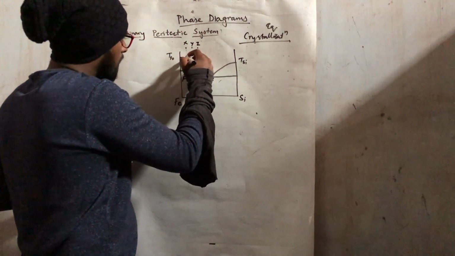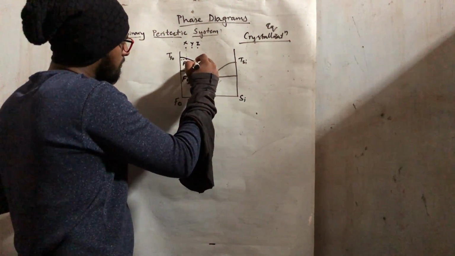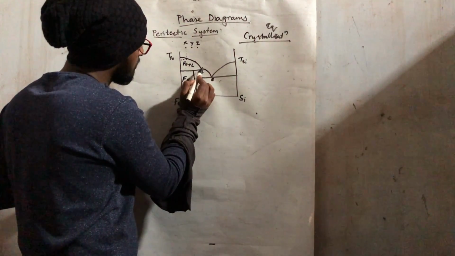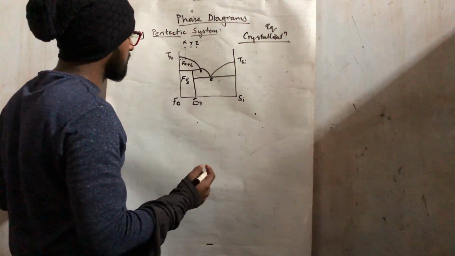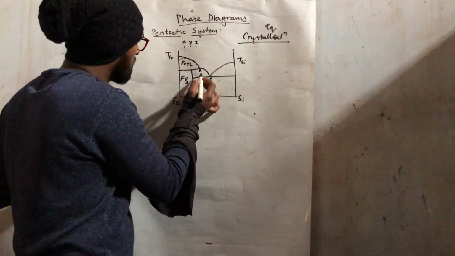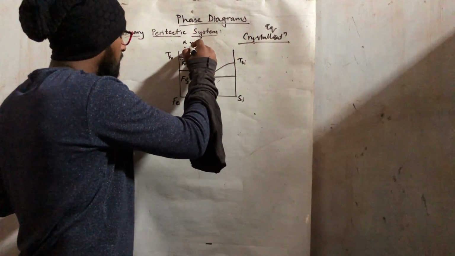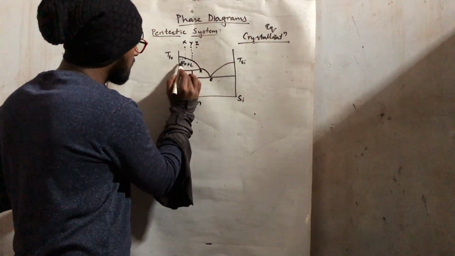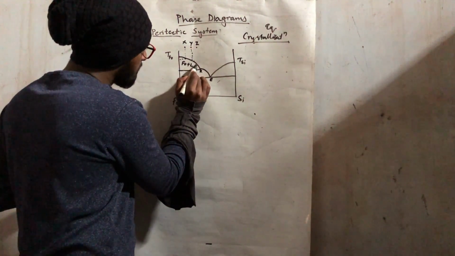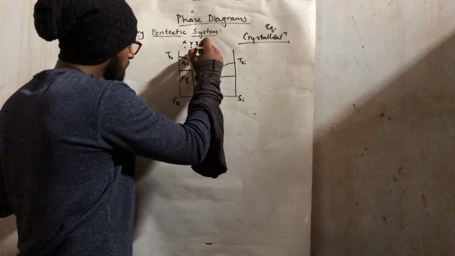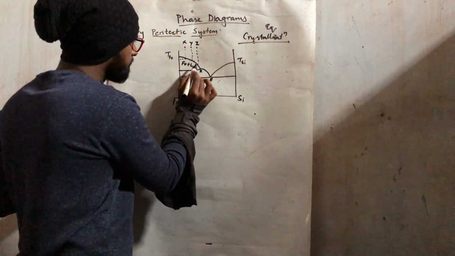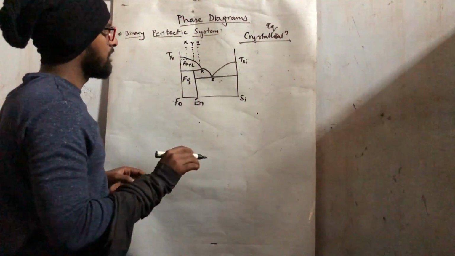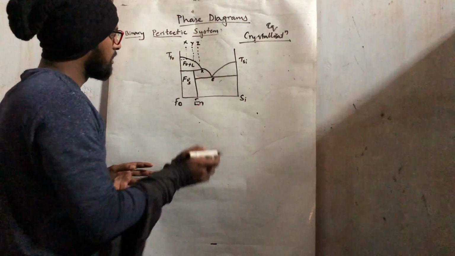As we proceed, we continue to get forsterite, and at this point there will be some reaction. We will see what reaction we have. For liquid Y, the same forsterite will crystallize first and keep crystallizing up to R. Similarly for Z, forsterite crystallizes first up to R. Now we see how the behavior changes for X, Y, and Z liquid at point R.